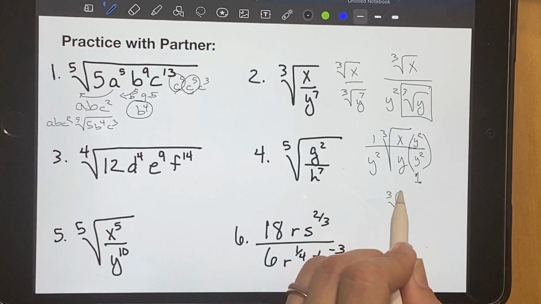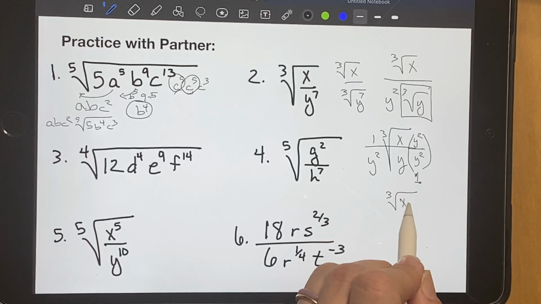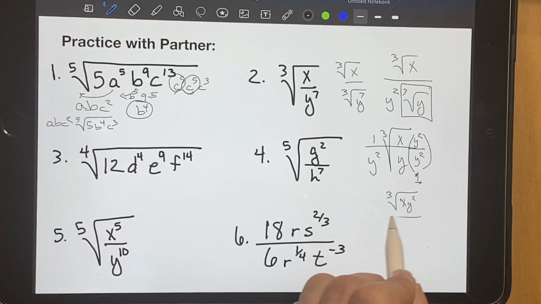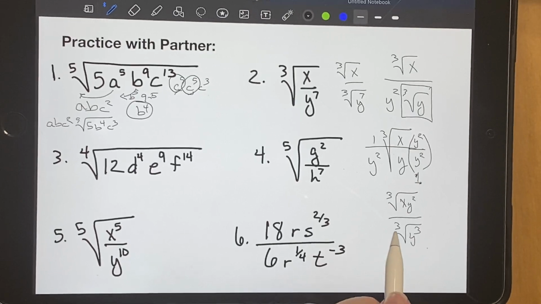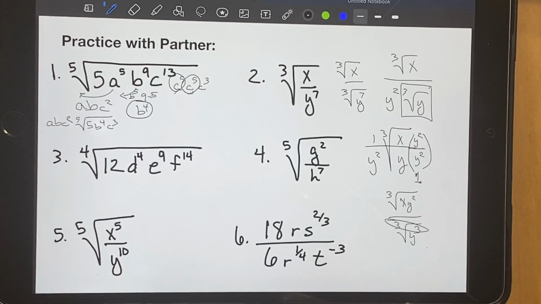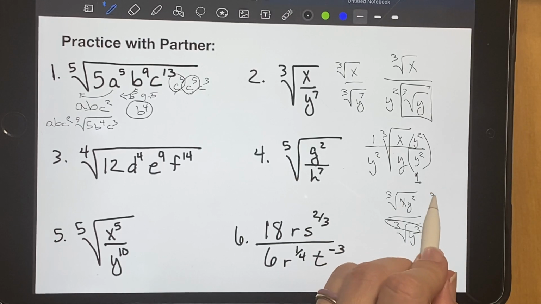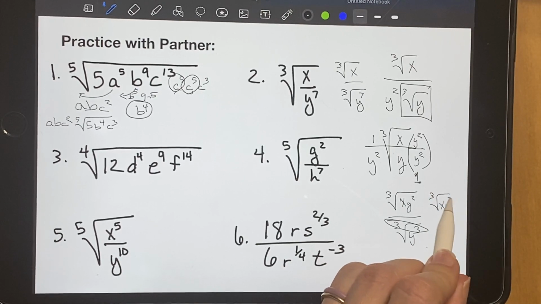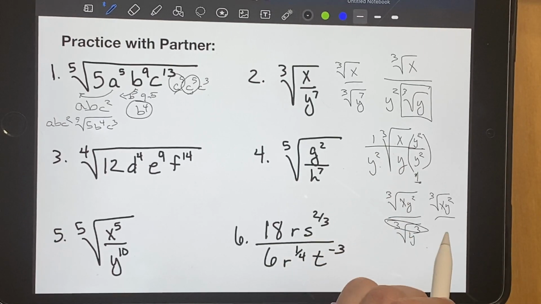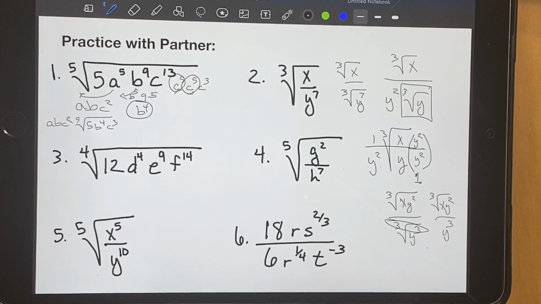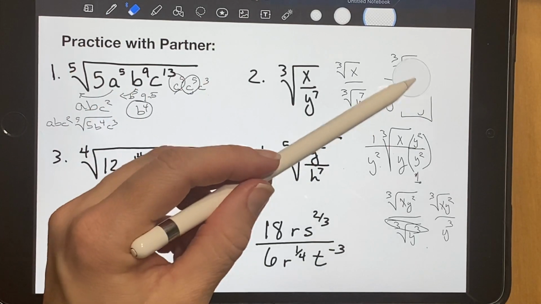So now on the top, I have the cube root of x y squared. And then on the bottom, I have the cube root of y cubed. Well, my index and my exponent match. So these come out together. So we end up with the cube root of x y squared over y squared times this new y, so y cubed in that case. Now, what we could have done as well